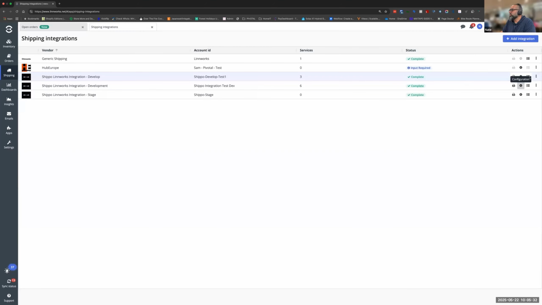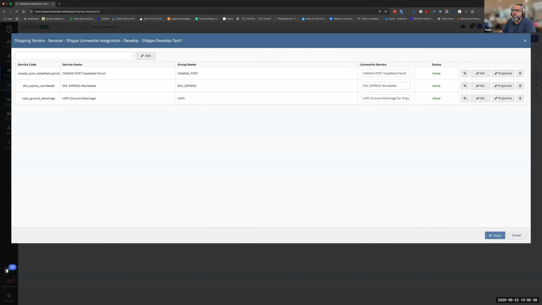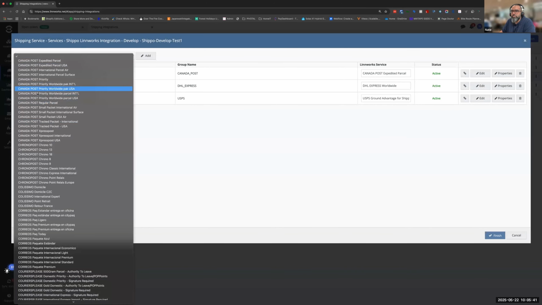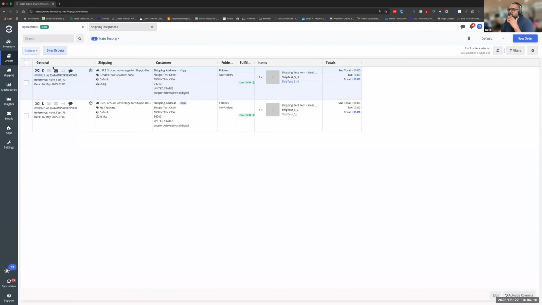And then we've got our services, of which we've mapped three at the moment. We have got the vendor name appended to the service name just to make it clearer to the user what they're selecting. So if I just now go through, sorry, just one thing extra here. There is the extras obviously to each service, like dangerous goods, etc. That's something we've still got to map and organize with Shippo. I think Shippo, you've got just a list of specific ones that need to come through, so that still needs to be resolved. If I then come over to orders, I've already mapped those to the correct service,